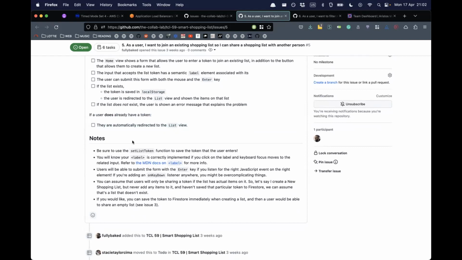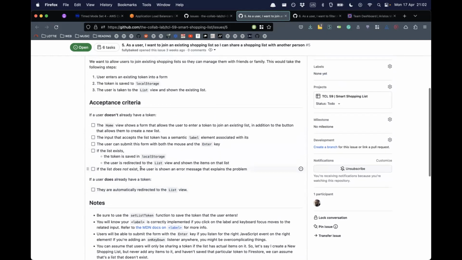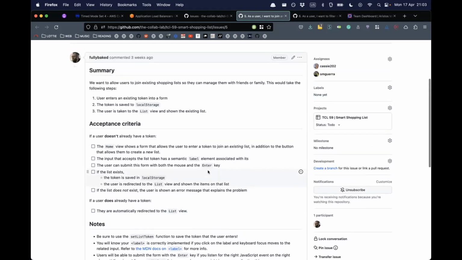Cool. I'm going to leave the notes for you to read on. But Cassandra and Sandra, do you have any questions already, anything that doesn't make sense, or are you happy to just go and start on this tomorrow? Does that make sense, what you need to do? Yeah, we'll have to go through it first and then know whether we'll reach out. Okay, that's a good idea.